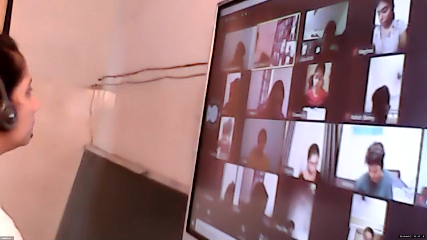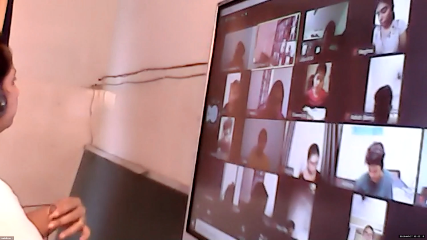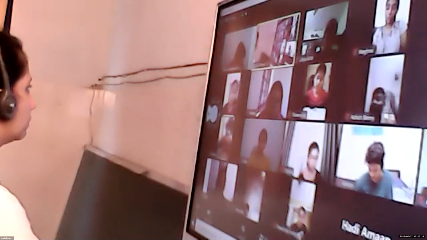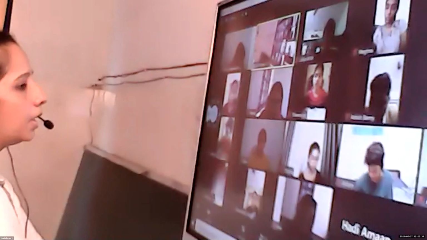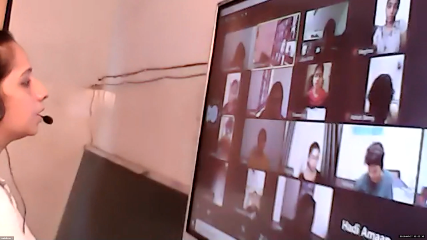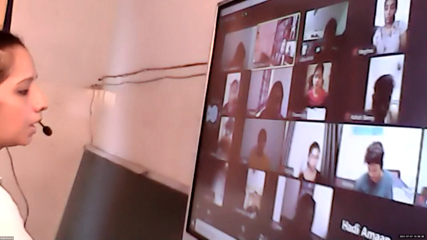Pavitra, read the answer. Import pandas as pd. s1 equal to pd dot Series, round bracket, then curly bracket, 'Monday', colon, 1, comma, then 'Tuesday'. Okay, Monday is in single quotes. Okay, correct, Pavitra.